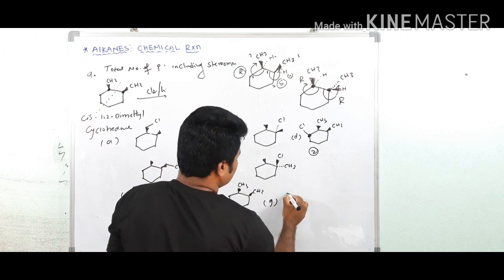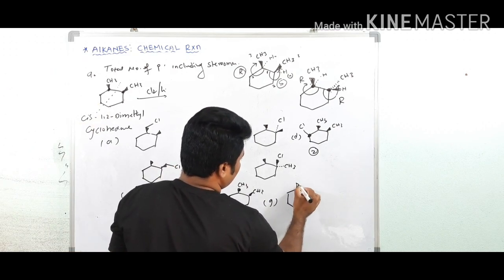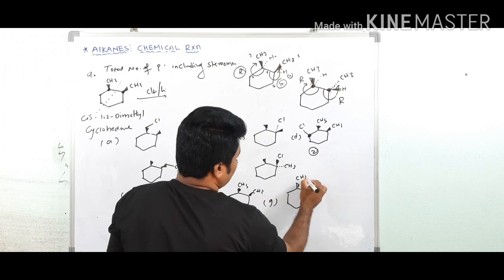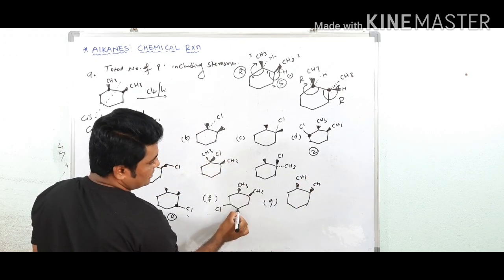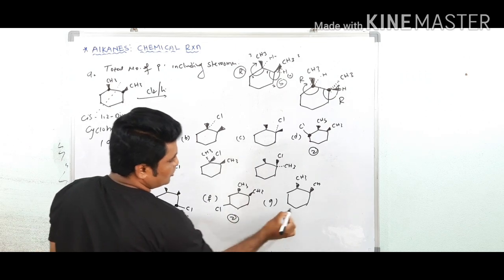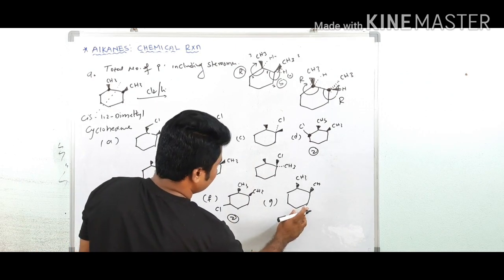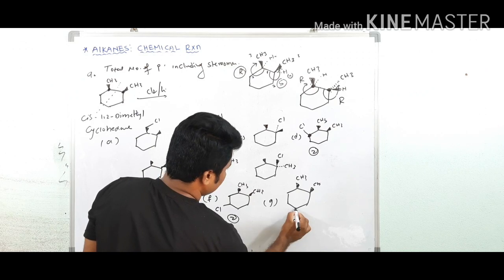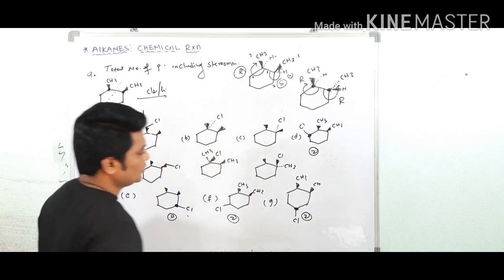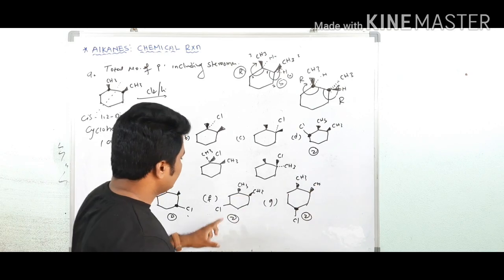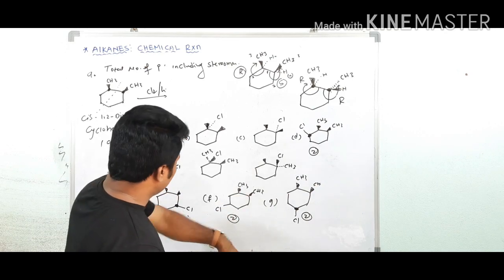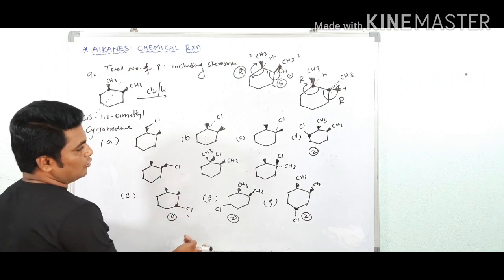Now in the G case, CH3, now CH3. See here, this carbon atom is different from this carbon atom also different. Now you are getting here Cl. Here also 2. Here one Cl is above the plane, in the second below the plane. Here also one above the plane and below the plane. Here also above the plane, below the plane.